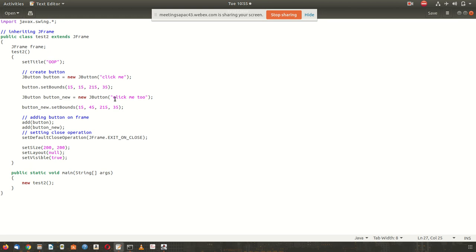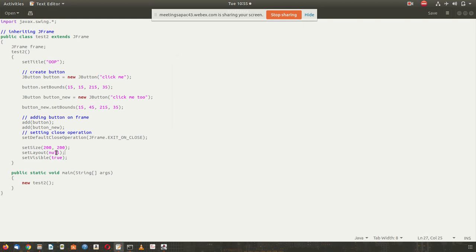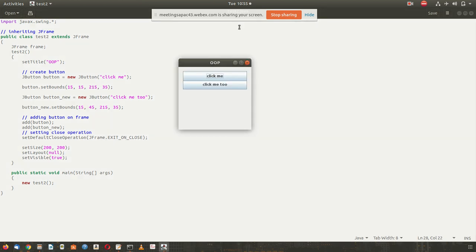You can put the button, or any component, anywhere in the frame. Then set visible true. If set visible is false, then this will not appear on the screen. If set visible is true, then only these items will appear on the screen.